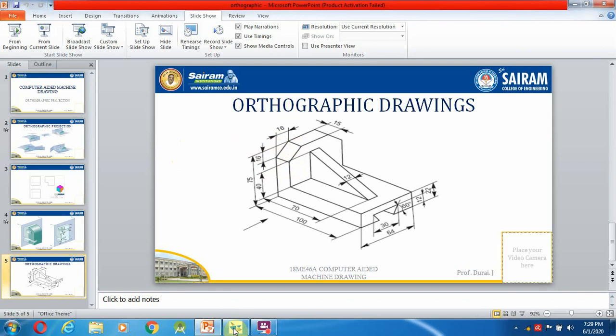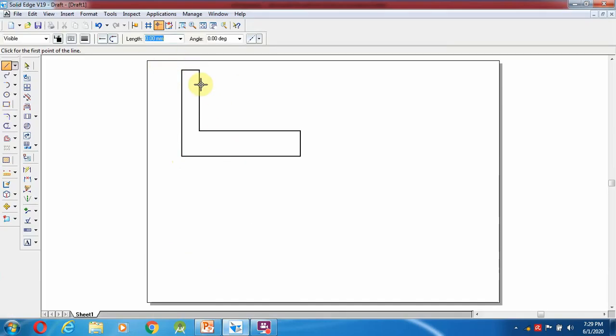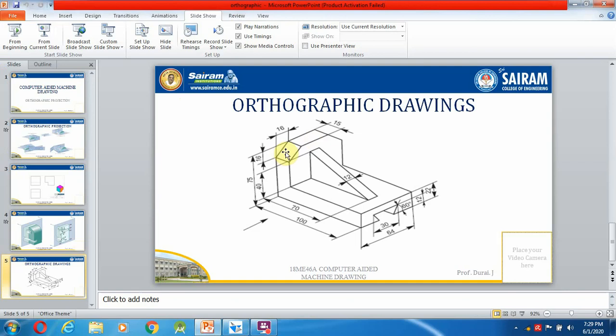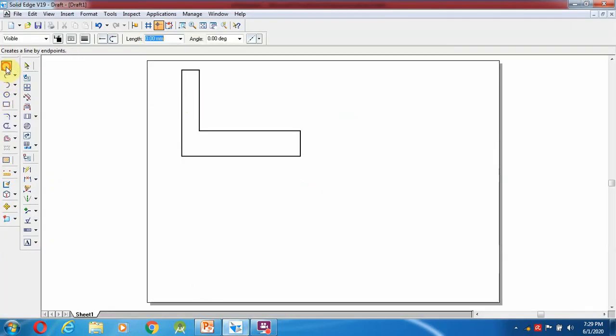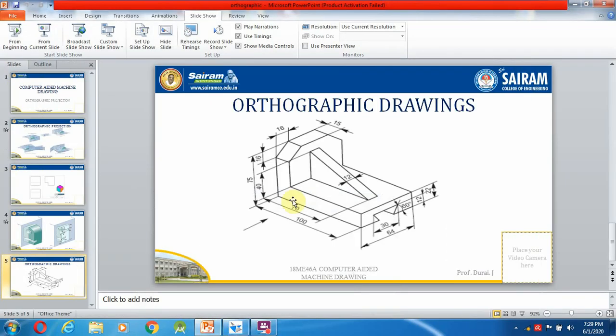The top we have drawn over here. Already I told you, while projecting this towards the vertical plane, the inclined surfaces come as straight. Okay, select a line from here, we are going to make this a 16 mm line and join over here. Okay, after joined, then comes to here.